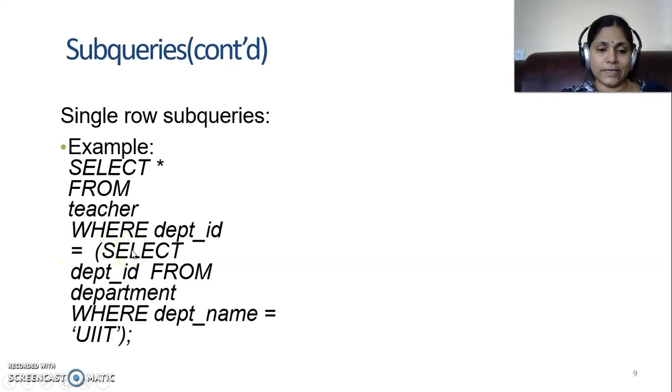Now this department ID is passed to the main query, and all the teachers in the department ID returned from the subquery will be selected. This is the single row subquery.